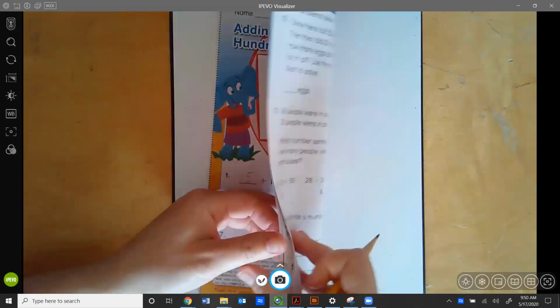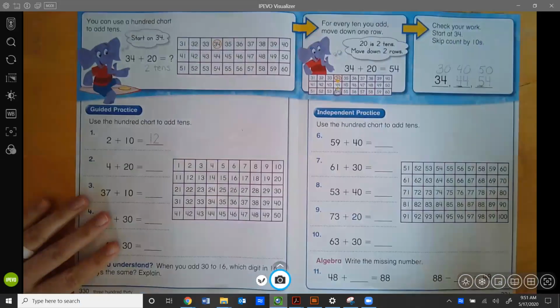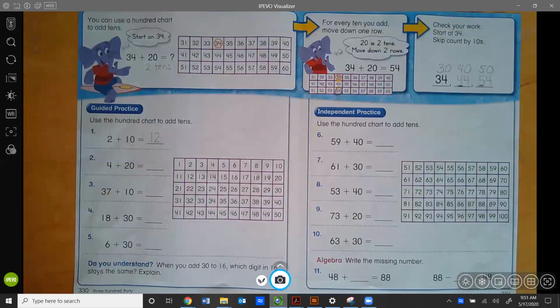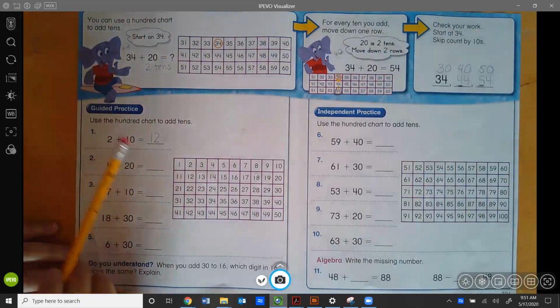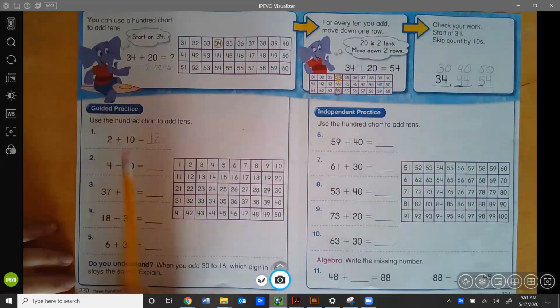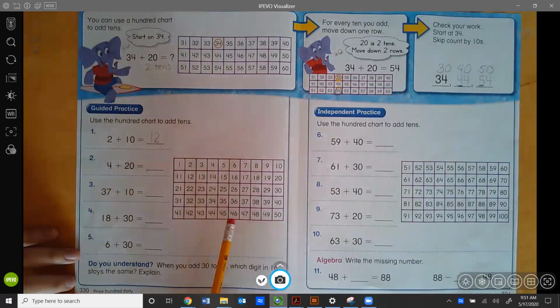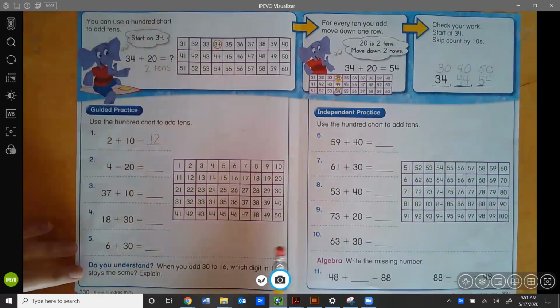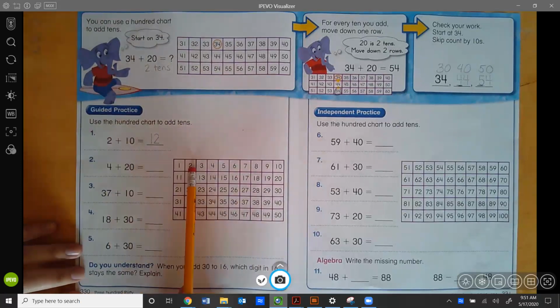Okay, so that's something that you could do after you have finished everything else. Now, let's kind of go back to the inside. I'm just going to talk about the directions for the inside, then the back page, and then we're going to move on to the practice and reteaching pages. So the directions for numbers 1 through 5 are use the hundreds chart to add 10. So they're talking about this one, but again, you can use the other one that I just showed you. So number 1's done for you. 2 plus 10 equals 12. They found 2. They went down 1 10, and that equaled 12.